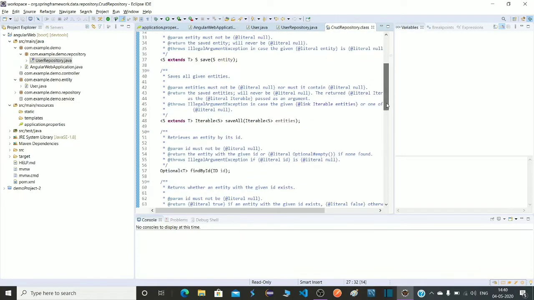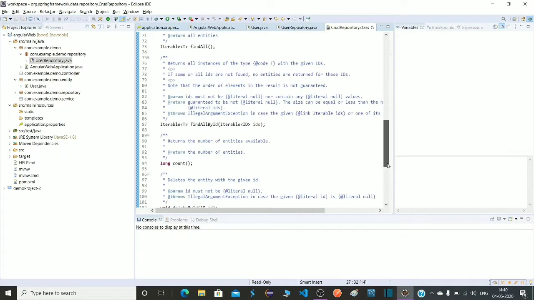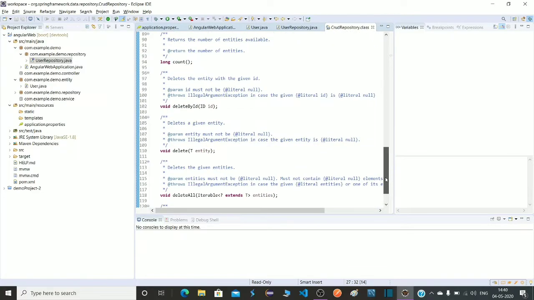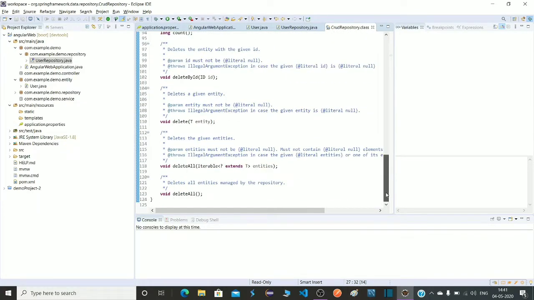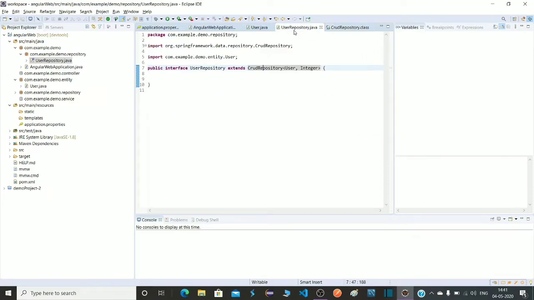So here is the save method and saveAll method, findById and existsById, findAll, findAllById, deleteById and deleteAll. Because in our case we are not going to deal with the IDs, we are going to deal with username, so we have to modify these methods in our user repository.